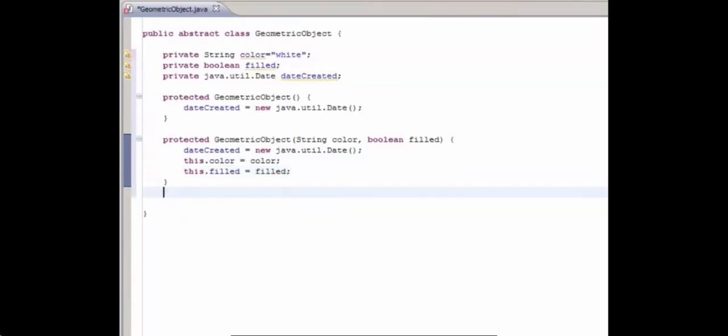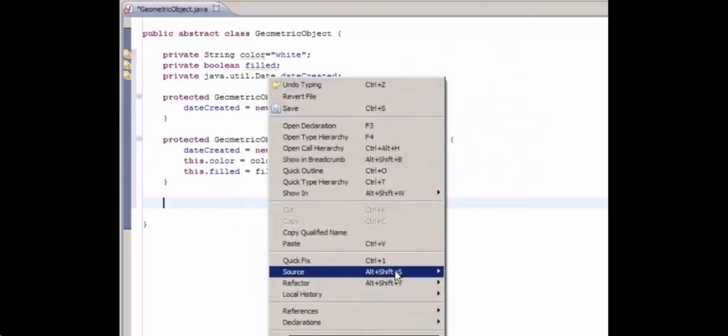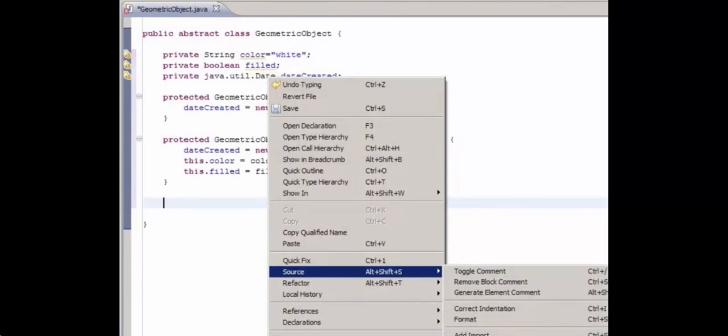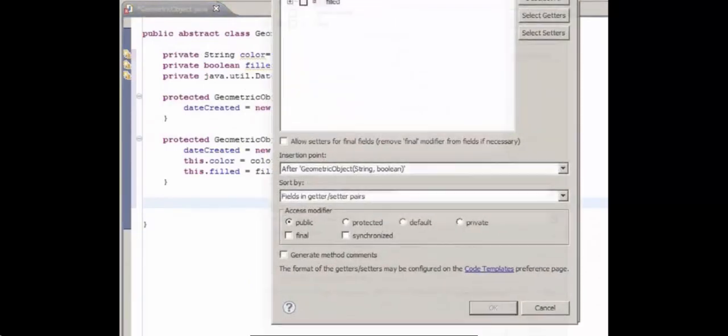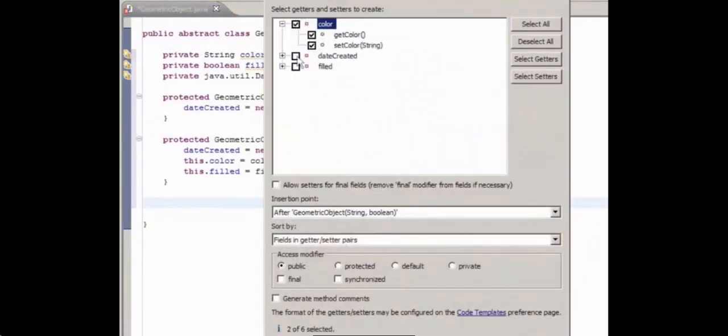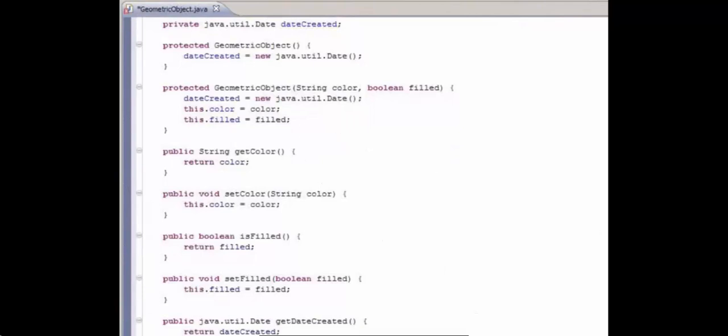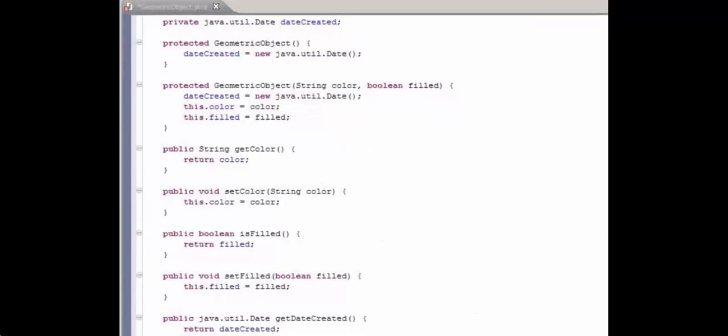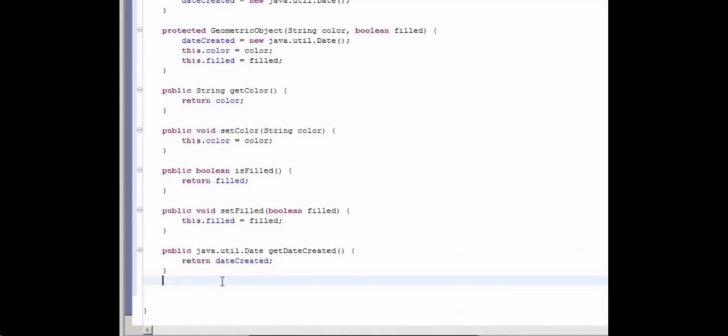Okay, next thing we're going to have some getters and setters for the color, so I'll just get Eclipse to create these for me. So we're going to have a getter for color and a setter for color. We're going to have getters and setters for field, and we're going to have only a getter for getDateCreated. Alright, and Eclipse has put all those in for us. That's fantastic. Now finally what we're going to have, well, okay, there's two things. One is the toString method that we're just going to quickly create. So public